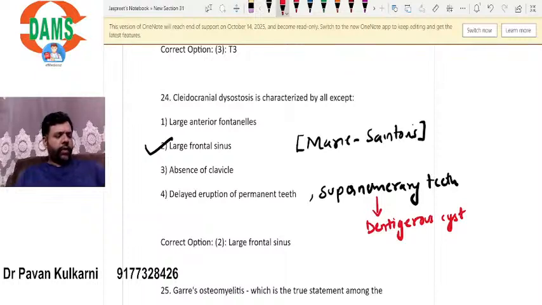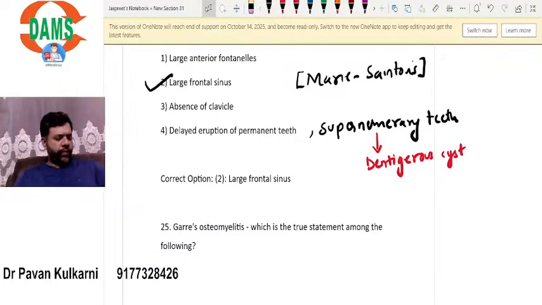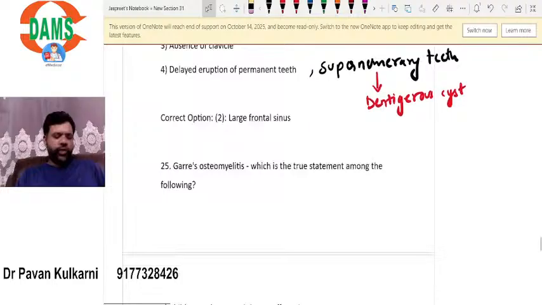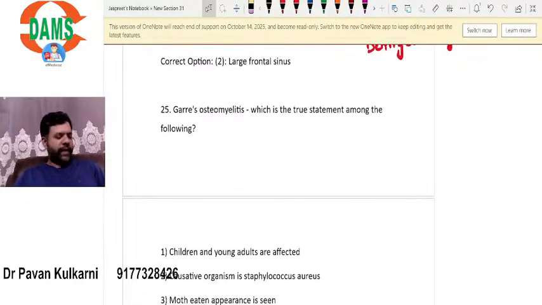Right. Now, moving on to the next question here. Which is a true statement among the following about Gary's osteomyelitis? What is a true statement among the following about Gary's osteomyelitis? So basically, Gary's osteomyelitis is